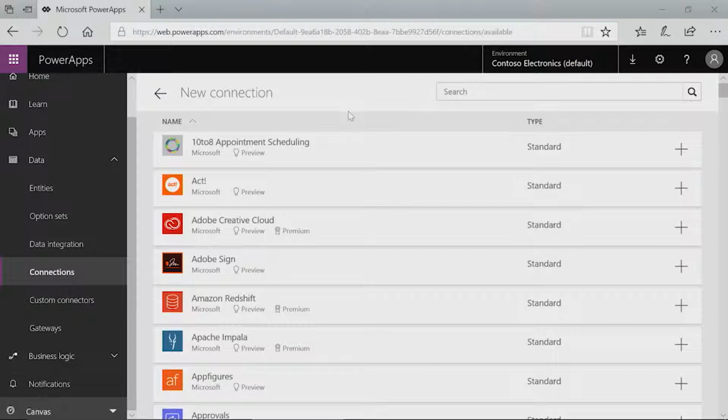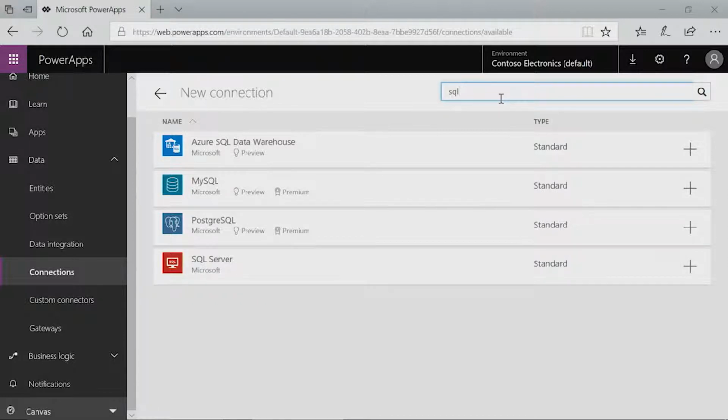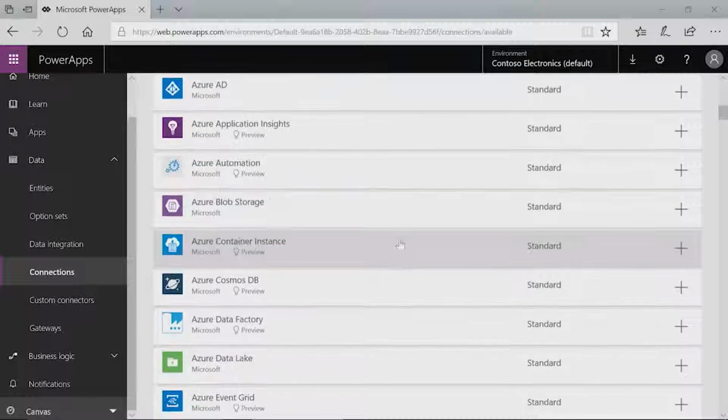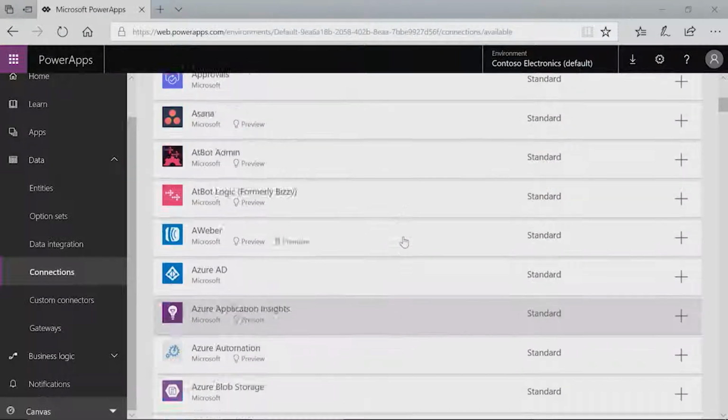Typically here, when you're trying to find a connection type, come over here and type in something like SQL, right? Hit enter to do a search. And here you can see I can use SQL data warehouses, MySQL, PostgreSQL, Microsoft SQL Server. That's a lot of SQL, right? So when you're trying to find your way through here, you'll want to use the search functionality. But I will be honest with you, sometimes I just go in here and scroll through to see what's going on,